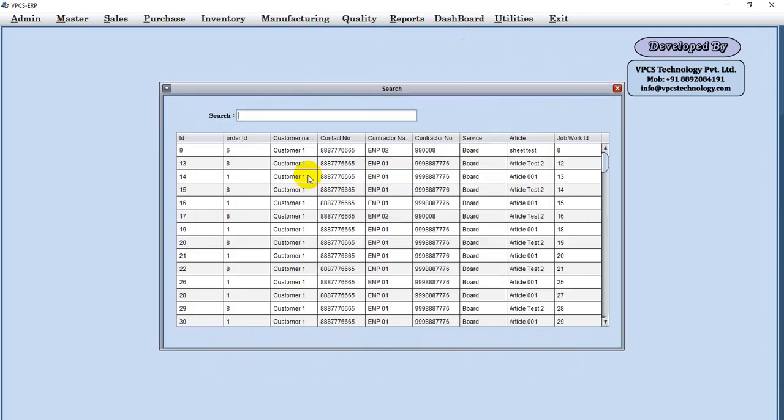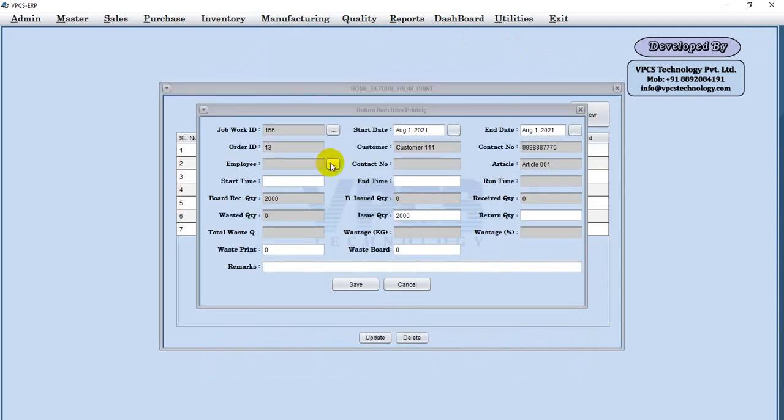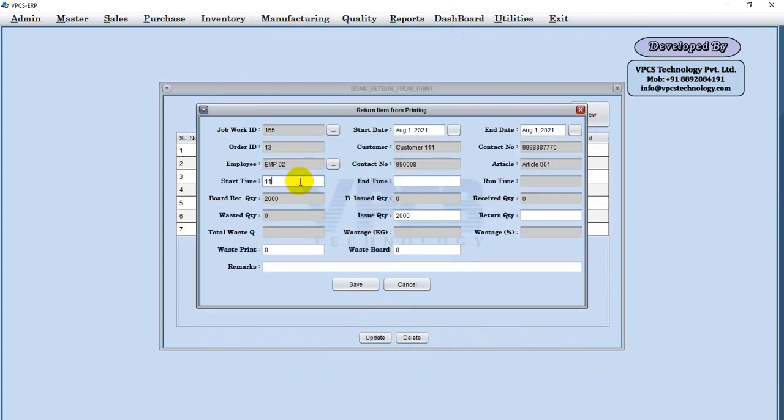We'll select that job number, that was 145, employee name. Now job start time 11 o'clock, 11:30, and a return quantity.